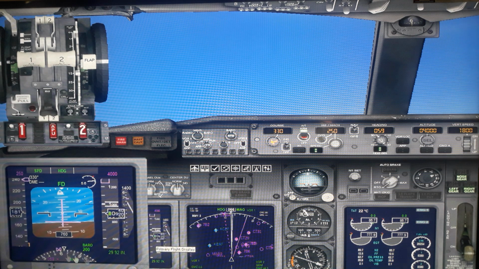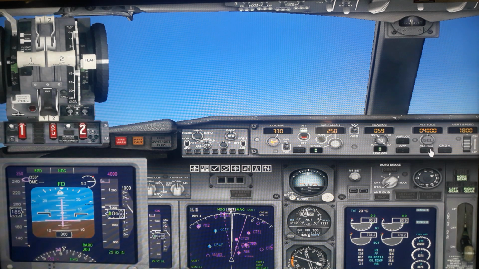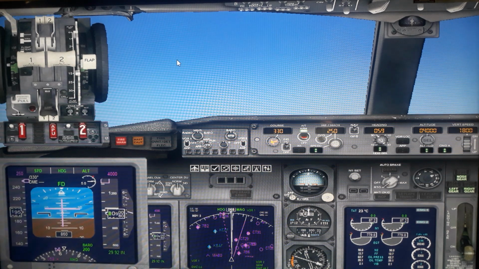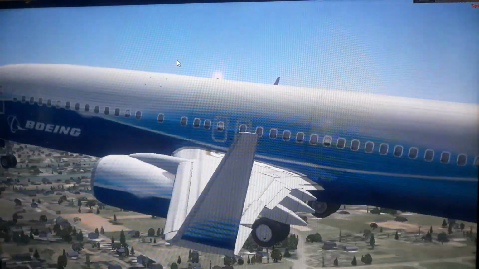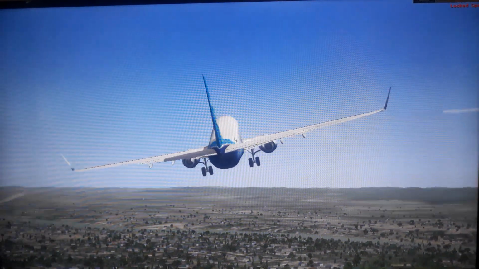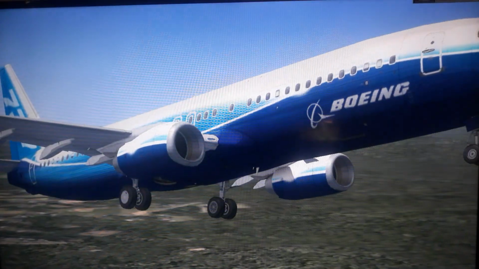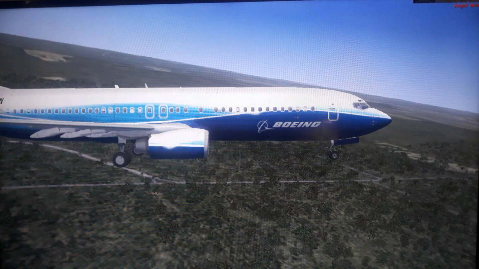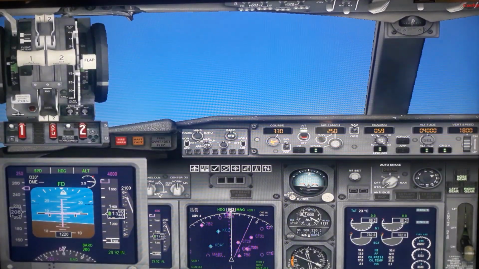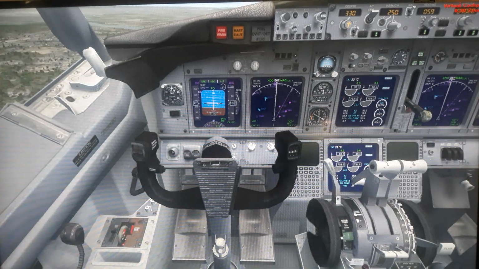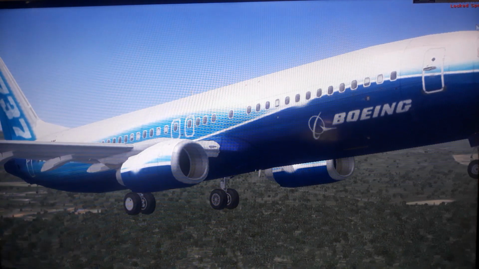Now I will move, it's around 780 feet above the runway. So I put it in the heading hold and autopilot. Now you can see the plane is climbing.